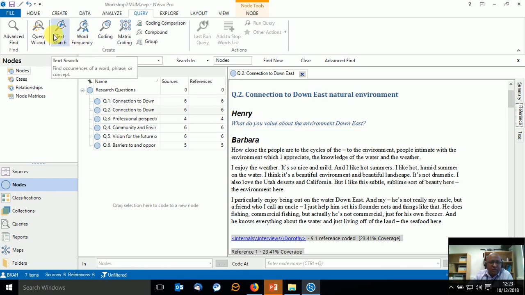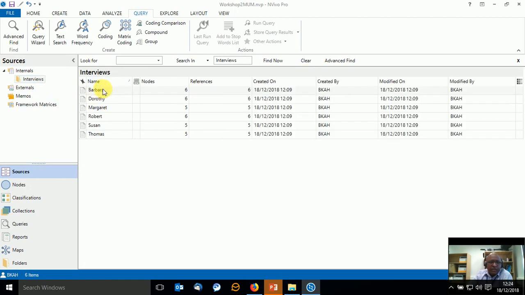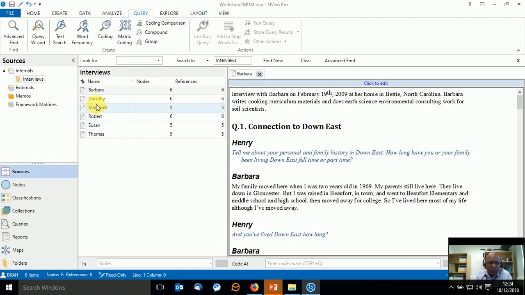First, let's do the word frequency, and second, the text search. The reason I'm hesitating is I'm still thinking what text search I can do, but don't worry, we will find something. So let's go to the source, and let's just use Barbara's. Let's close this, and let's use Barbara. You can use all of them if you want, but query, and I can click on word frequency, and the reason is I want to know what's the most frequent word that